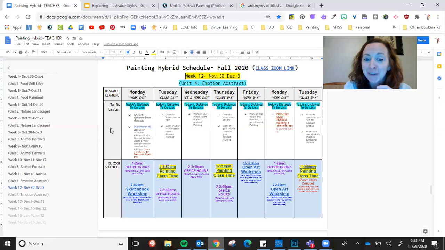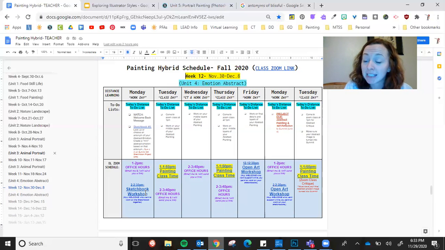So dive into that. If you would like to work with me, pop into the link right here from 2 to 2:30. You can stay the whole time or you can come just part of the time. Have your sketchbook with you and your paints, and we'll all just be on there very casually working. Then tomorrow is the class day. Tuesdays and Thursdays, I always will have Zooms with you from 1 to 1:50. We won't stay the whole time, but I'll give you some tips and tricks for your project, and then you'll have work time. And then I have office hours after that.